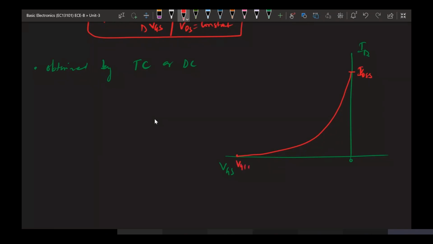This value is VGS(off). So to find out the GM,